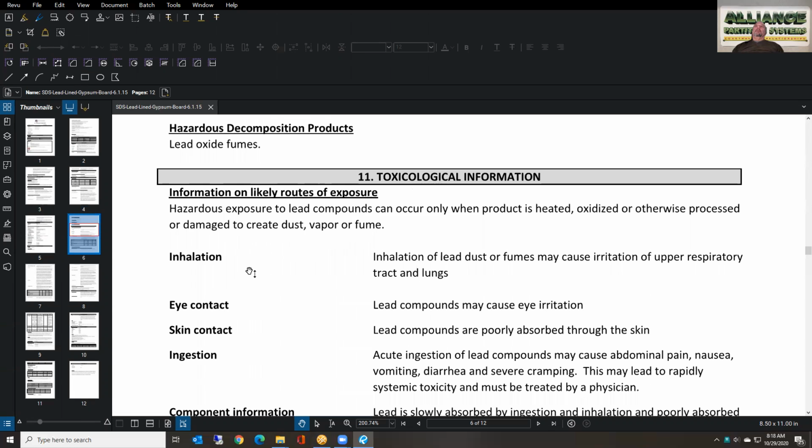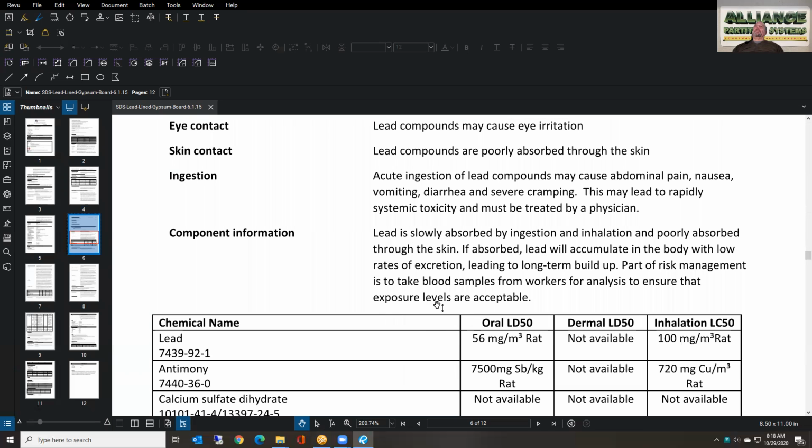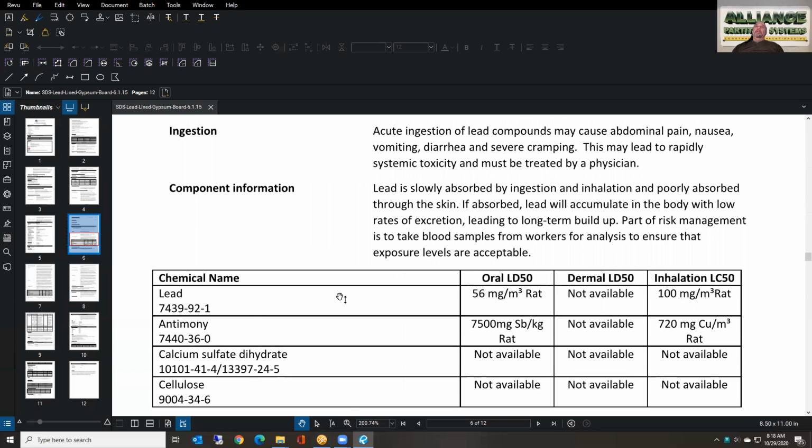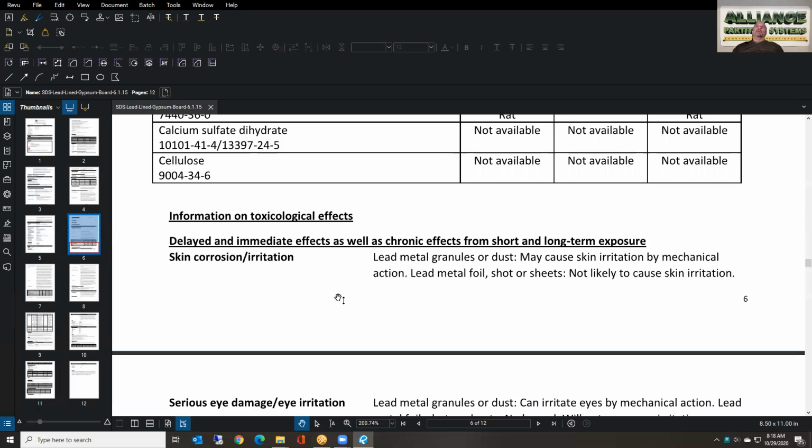It's toxicological information. Here again, we can read through this: inhalation, eye contact, skin contact, ingestion, and component information. Here's a key one. Lead is slowly absorbed by ingestion and inhalation and poorly absorbed through the skin. If absorbed, lead will accumulate in the body with low rates of excretion, leading to long-term buildup. Part of the risk management is to take blood samples from workers for analysis to ensure that exposure limits are acceptable. If need be, we will always send you to get a lead blood test to make sure